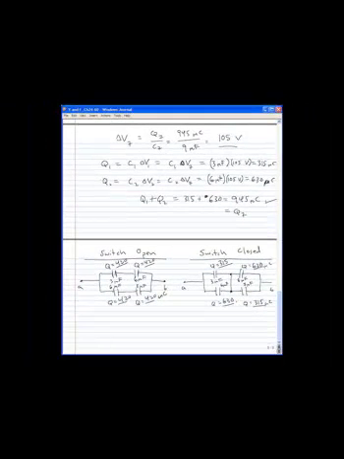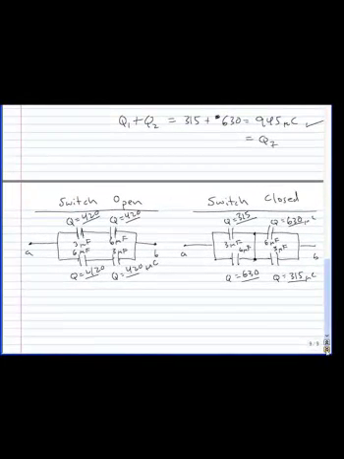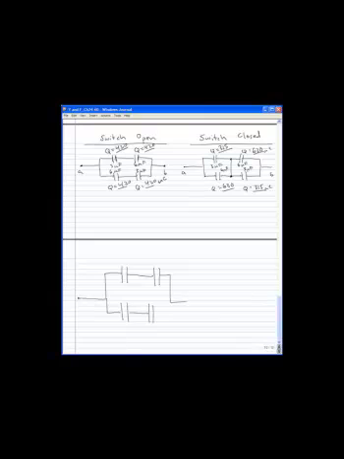Okay, so what we want to do now, the question is, when we close that switch, how much charge moves through the switch? So what I'm going to do is take a look. I'm just going to sort of draw this a little bit bigger. We've got point A here. Point B here. So if there's 420 microcoulombs on this capacitor, and A is at plus 210 volts,